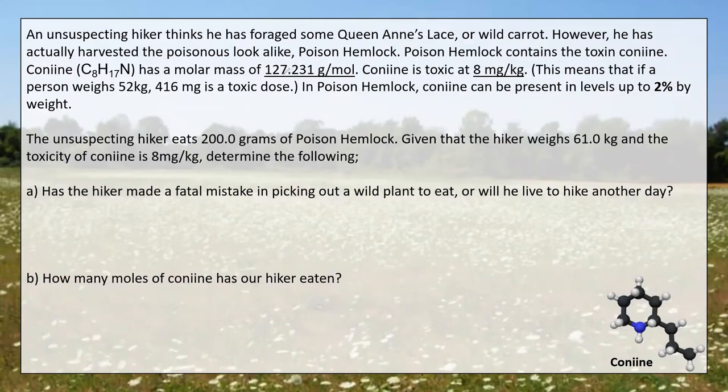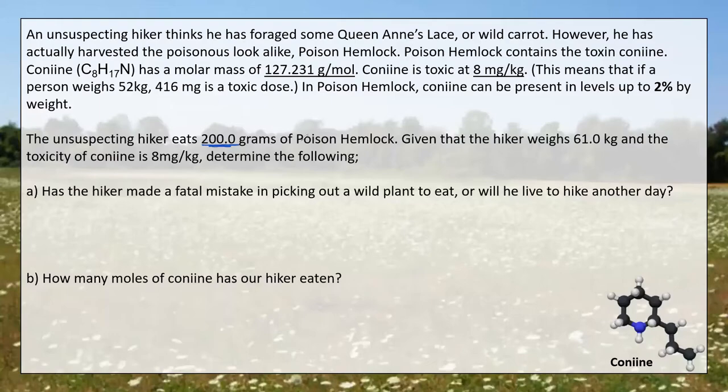It's toxic at 8 milligrams per kilogram, which means that if you weigh 52 kilograms, 416 milligrams is a potentially toxic dose, and it's present in levels up to 2% by weight in the plant. So the first question is, our unsuspecting hiker eats 200 grams of poison hemlock. It doesn't really matter what part of the plant he ate. Determine, has he made a fatal mistake in picking out a wild plant to eat, or will he live on